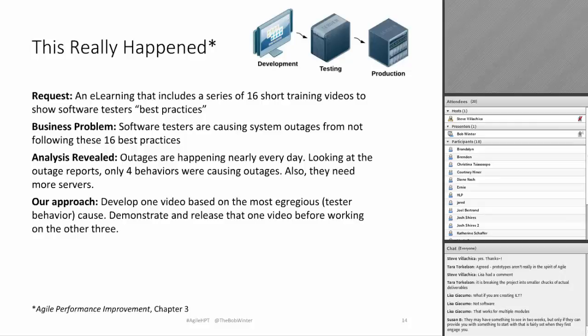So our approach was, here's the agile way to do it. Develop one video based on the most egregious cause that has to do with the testers, right? Obviously, they knew that they needed to create more servers, but they also wanted to make sure that these testing behaviors